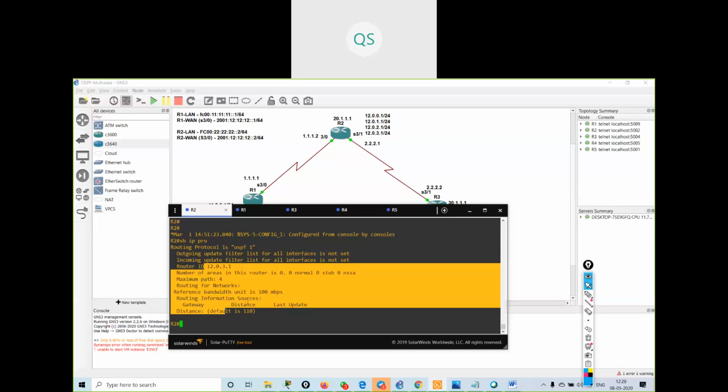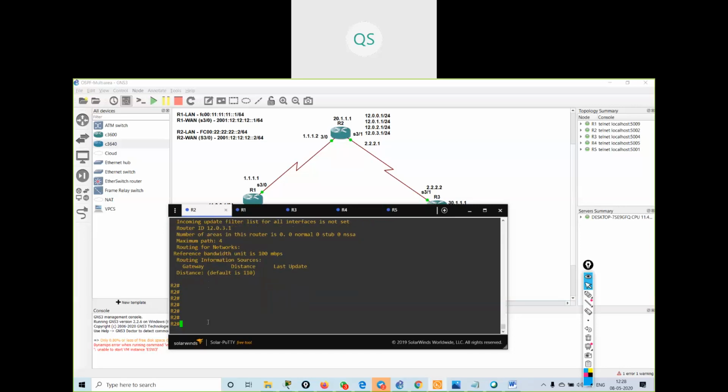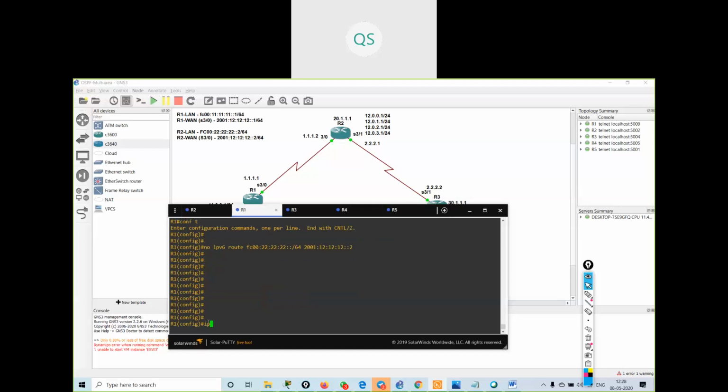Now I will go on R1 also and configure ipv6 router ospf 1. I have to enable the routing with ipv6 unicast routing. Okay, ipv6 router ospf 1, it has taken the router ID.